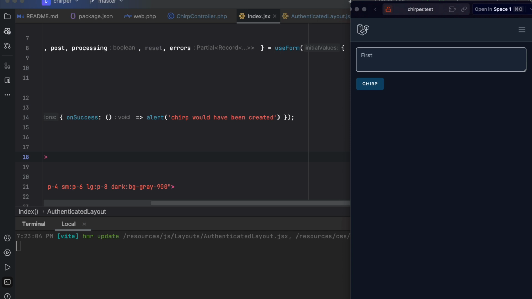And it'll be something like, first time caller, React and Laravel actually work. Who would have thought? And if I chirp,